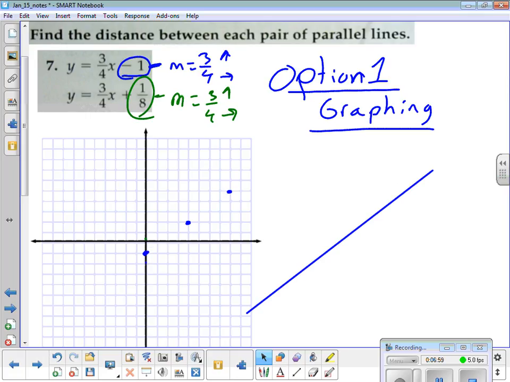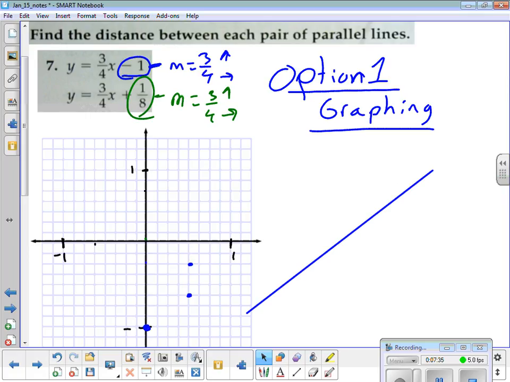Okay, so 1, 2, 3, 4, 5, 6, 7, 8. Now that's 1. So there's -1. 1, 2, 3, 4, 5, 6, 7, 8. There's +1. 2, 3, 4, 5, 6, 7, 8. There's +1. 1, 2, 3, 4, 5, 6, 7, 8. There's negative. So I really zoomed in. So there's my -1, and I still go 1, 2, 3 up, 1, 2, 3, 4 over,